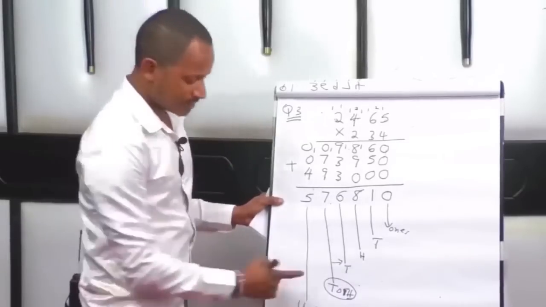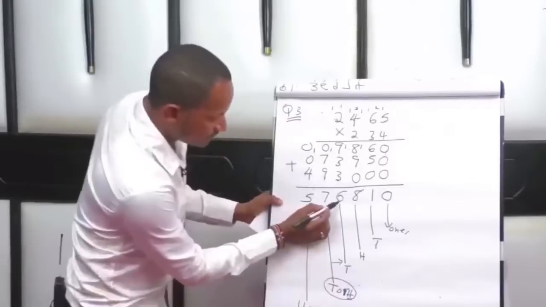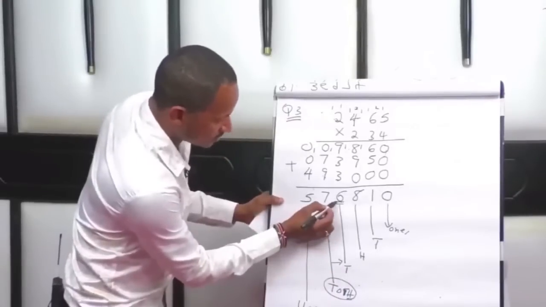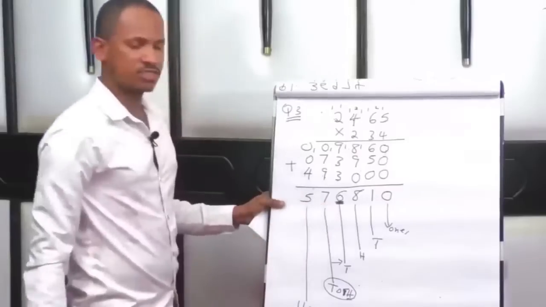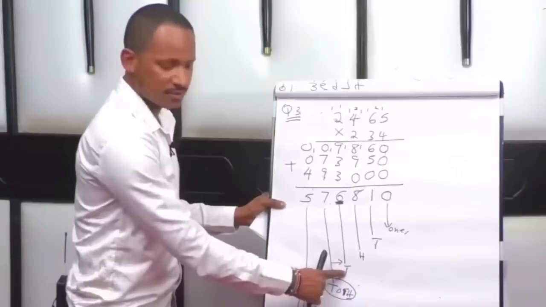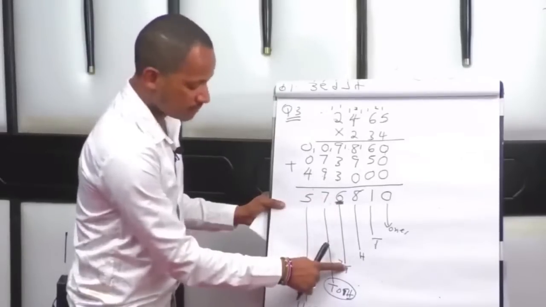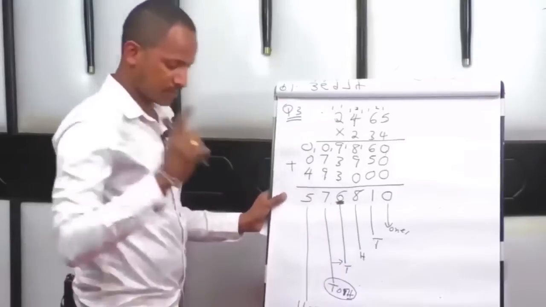Careful class, look at the next number, which is thousands. So if this number is thousands, this is our point of concentration. If you're told to round off to the nearest tens of thousands, look at the next number, which is 6 in thousands. Okay? Then this number, class,